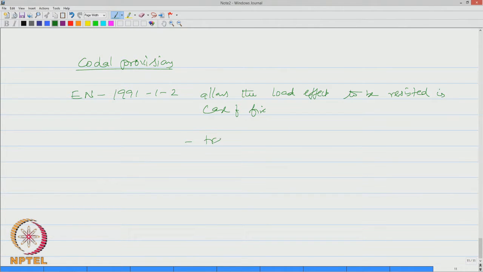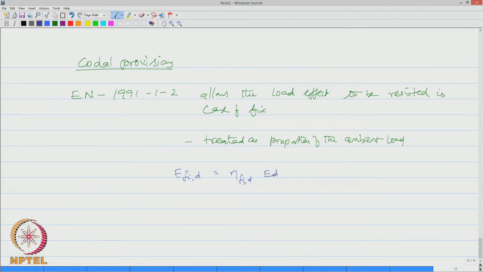This is treated as a proportion of the ambient load. EFID is taken as